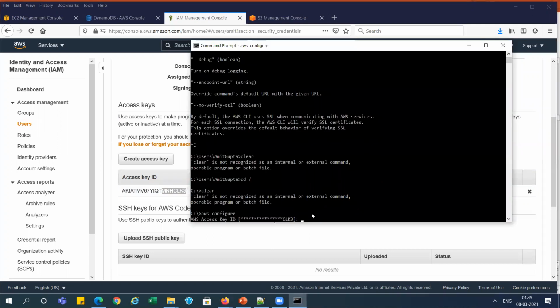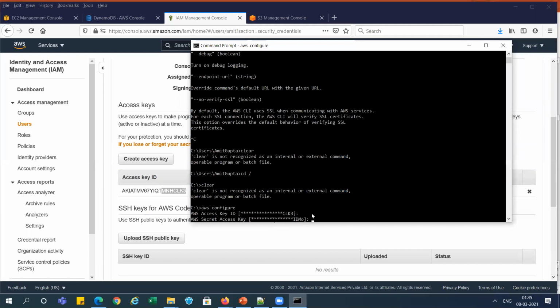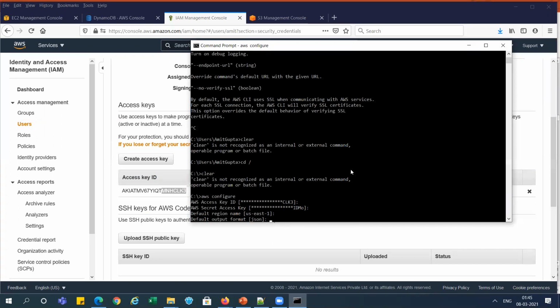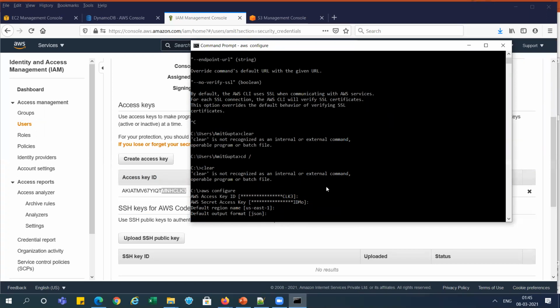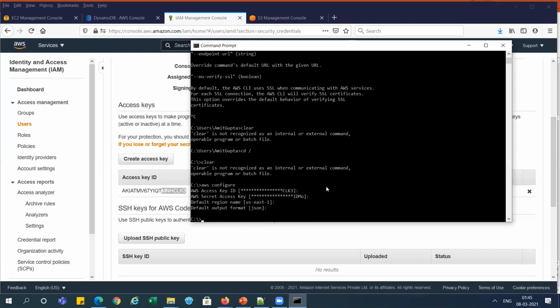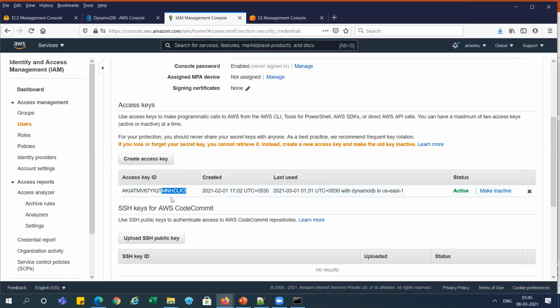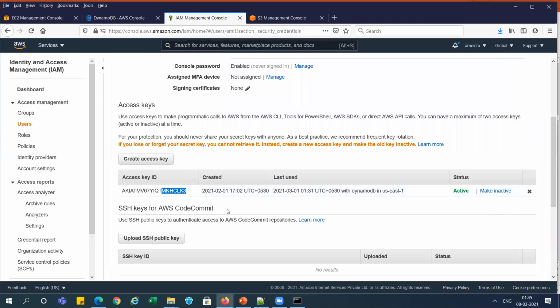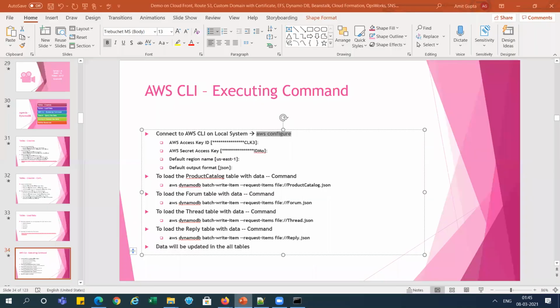And I'm not changing anything, just the access key password, right? And us-east-1 is already configured and format is JSON. So we need to give those details over here and configure this first, right? After configuration, we need to run this command for uploading the data to DynamoDB, right?